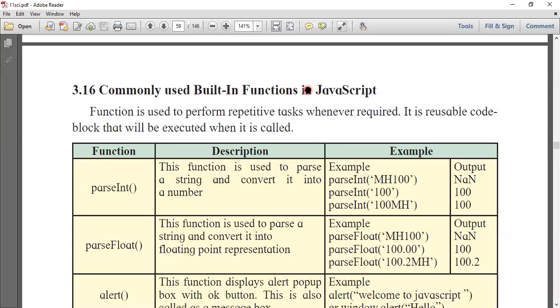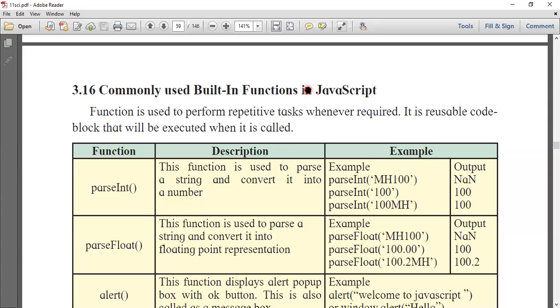Four or five instructions that we insert in a block, and that block we can execute again and again, repeatedly, is called a function.